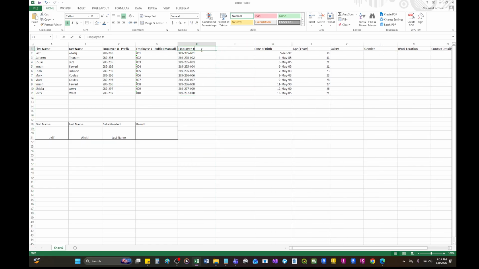Insert. Let's call this row. Okay, let's just copy this one. Call it employee number. So let's put the same formula. If there's no input here, the value that will appear is NA. If it's text that you would like to appear, you should put quotation marks, otherwise there will be an error.